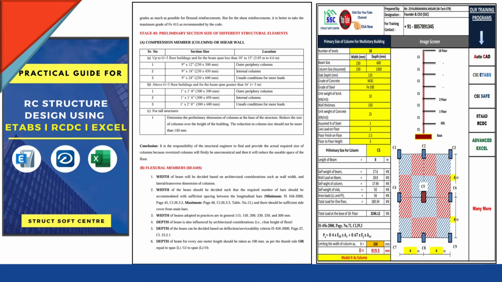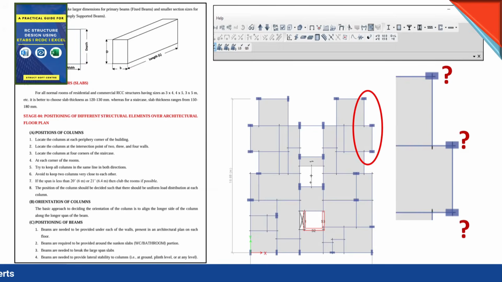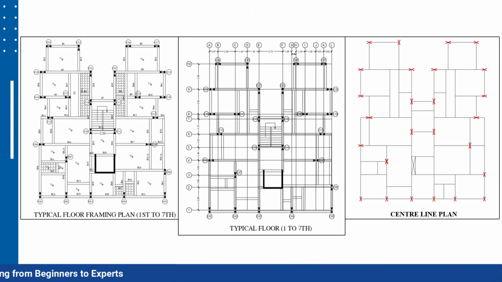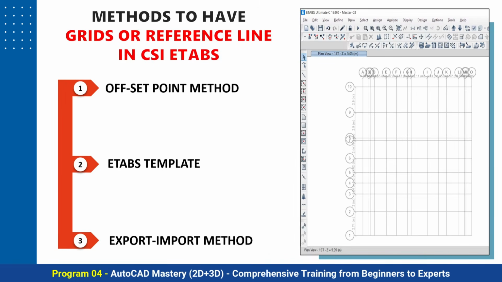Along with that we are going to take the help of a spreadsheet for deciding the preliminary section size. We have made many well customized advanced level Excel sheets as per the need of structural engineers. After using these you can easily get the preliminary section size of different structural elements. Now after that you can prepare your structural framing plan, and after having the structural framing plan you have to initiate your work with the Etabs software.